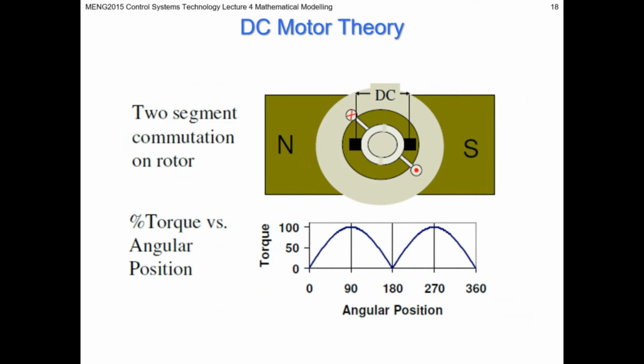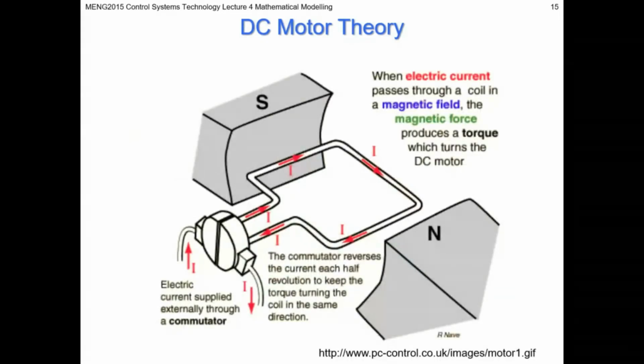Right? And actually, on the previous slide, you can see a commutator here. So the DC current applies to these pickups, right? And the pickups are rubbing on this device here. This is in fact your commutator. So it's a contact really. So you've got contacts rubbing on a pickup, and if you imagine this rotates in a counterclockwise direction, as it's rotating, when it gets to this point,